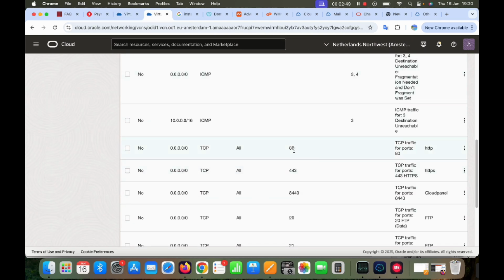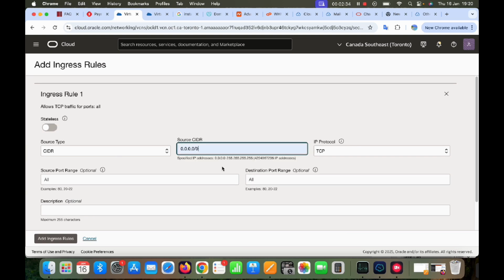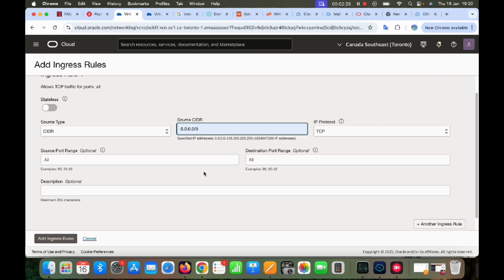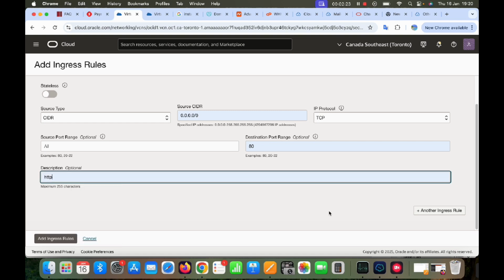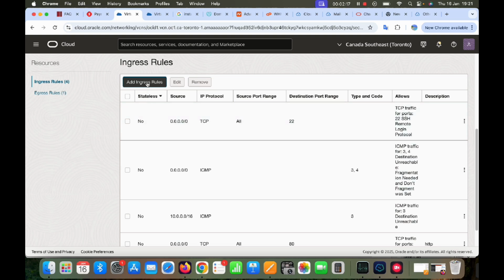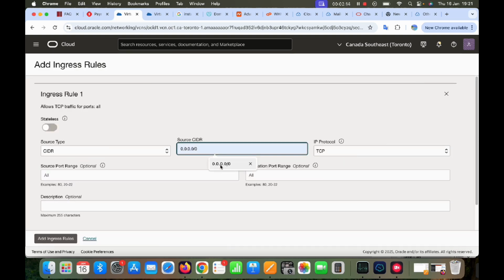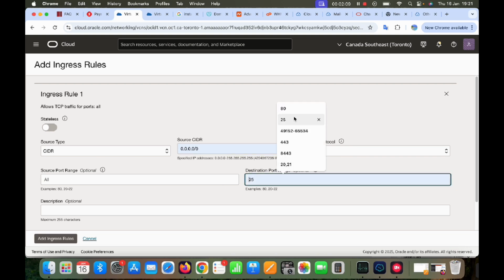So I need to open port 8443, and also let's open them one by one. To open the ports, click on Add, type 0.0.0.0/0, TCP, here 80, and it's for HTTP. Add. Now I need to open the other ports as well, so type again the same 0.0.0.0/0, and here port